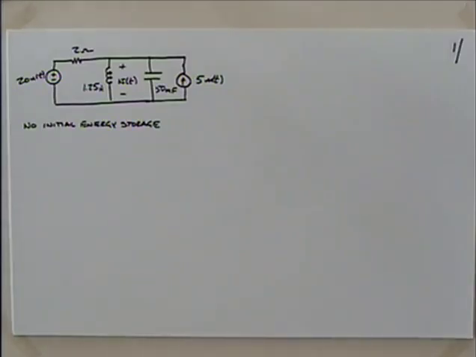So I'm going to do one more problem like this. It's got two sources, so we might argue we could use mesh analysis and we come up with three equations, or node analysis. You do it with one equation with node analysis, so maybe node analysis would be the preferred way. But I think I want to try superposition on this, which means that we're going to look at one